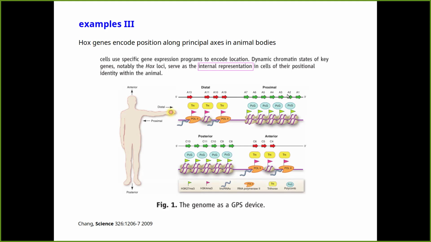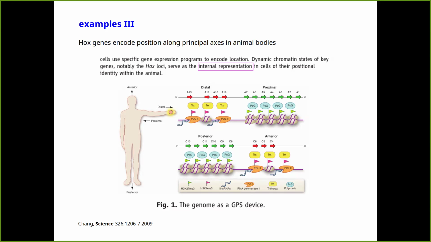So there's an implication here, and that is that if I had the ability to look at the expression, whether on or off, of all 39 of these genes in a cell in the body, I may be able to back out where in the body, according to these coordinate axes, that cell lies. Now, the biologists certainly haven't figured out this encoding. They talk about it in metaphorical terms. Howard Chang is making that suggestion here, but nobody's actually written down the coding table. But I think this is another internal representation. Okay.